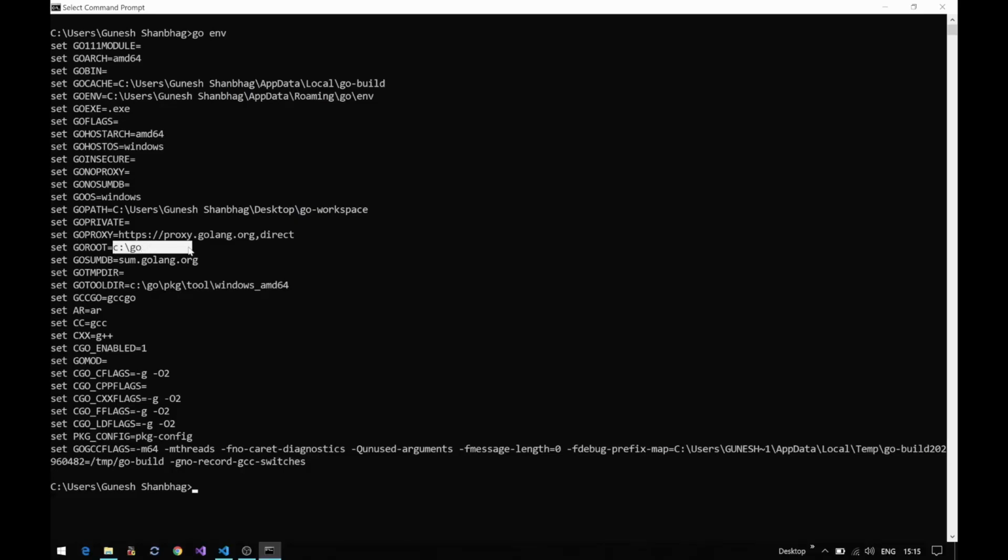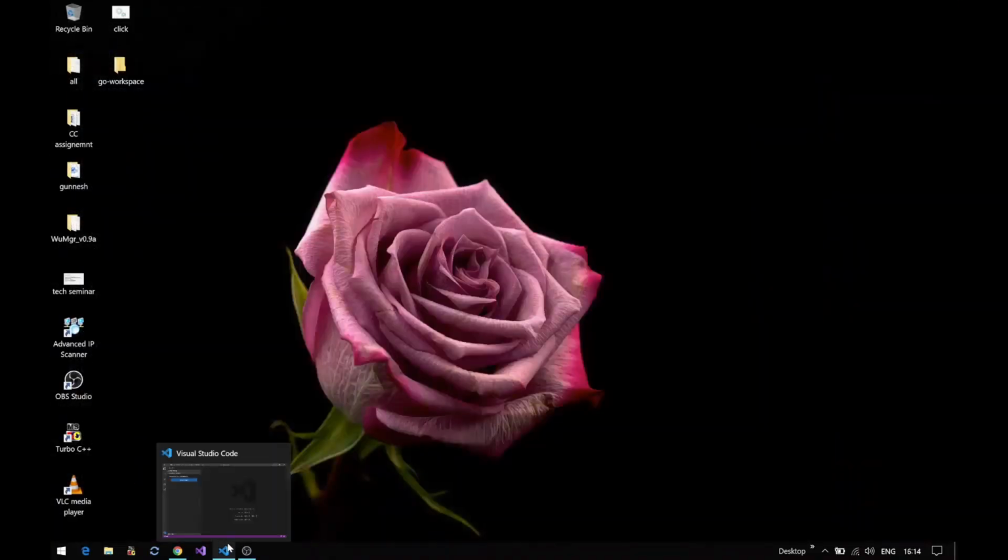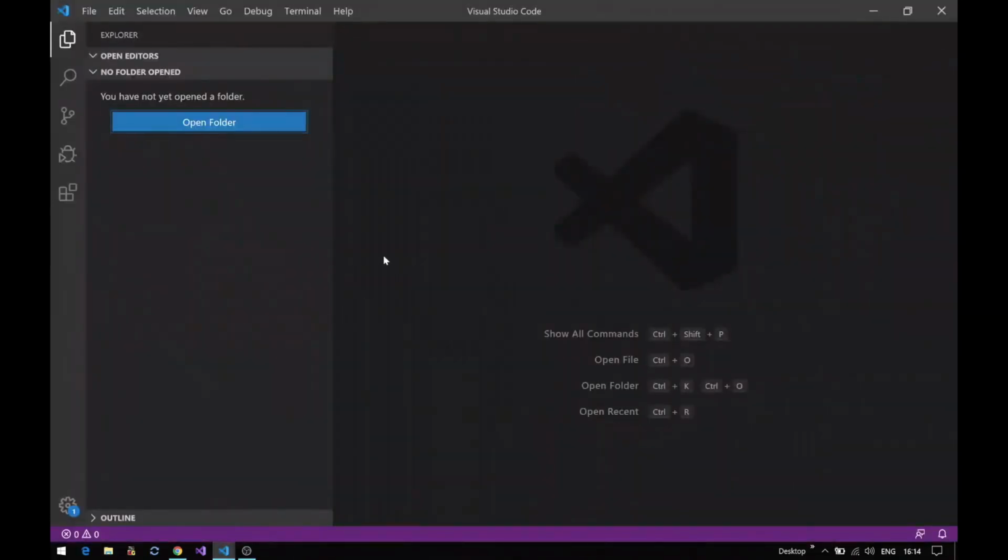So Go root is the place where Go is installed, whereas Go path is the folder where our projects will be stored. So whenever you run a program, it will go to Go root directory and it will execute. So now we'll open our folder in VS Code.